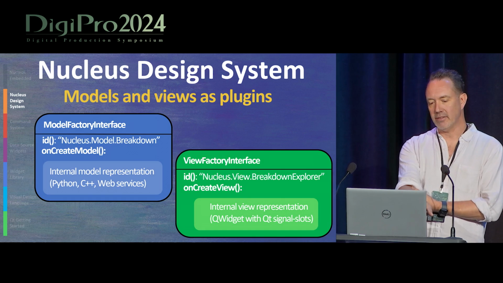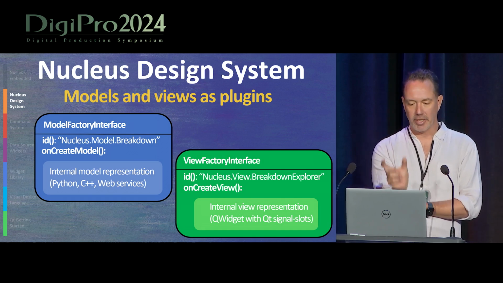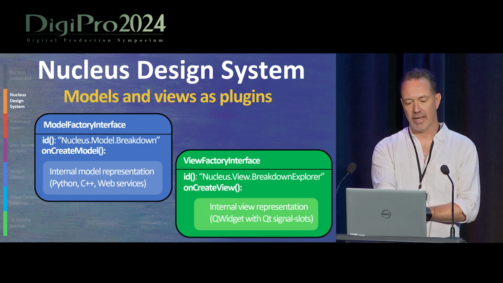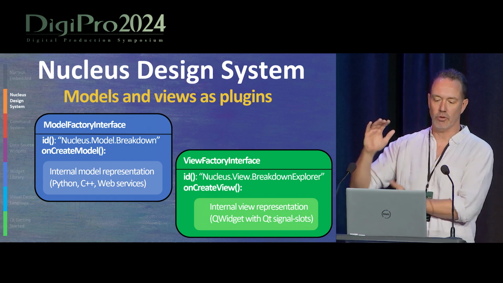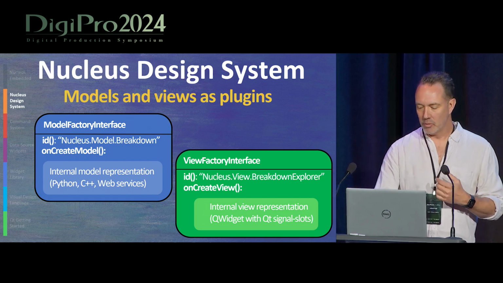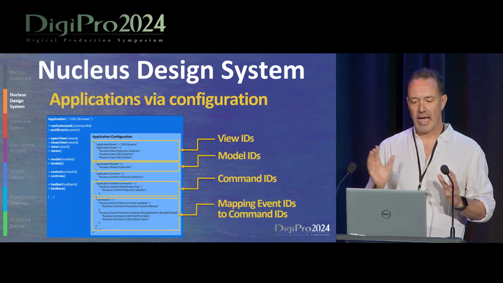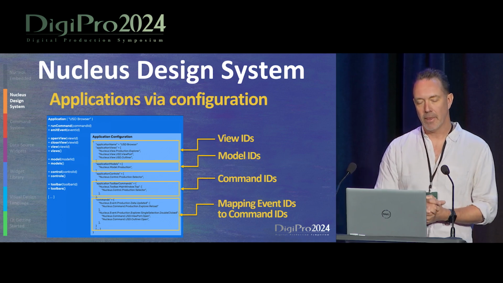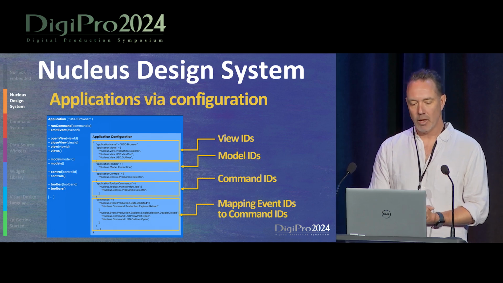And so what I mean by that is we introduced model factory and view factory interfaces, again, which publish a unique identifier, and their factory creation methods, like create model or create view, would then create the internal model representation or view representation. And so with this, we could really reimagine whole application development as application via configuration instead of application via code. So when we talk about code-free applications at Animal, what we really mean is we can actually